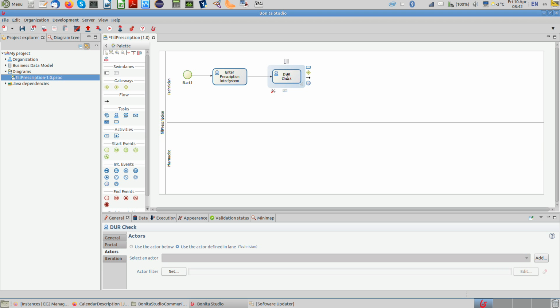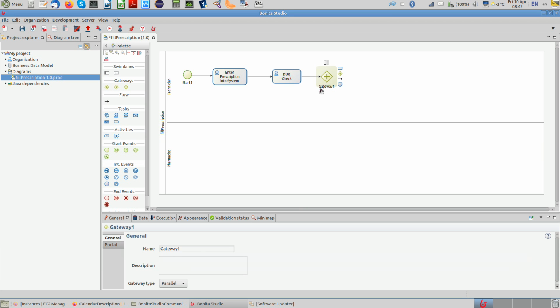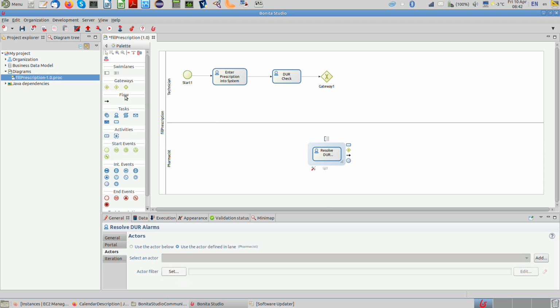Now, out of this DUR check, we have a decision to make. Either the DUR check raises alarms or it does not raise alarms. If it does raise alarms, it goes to the pharmacist to resolve DUR alarms. If it does not raise any alarms,